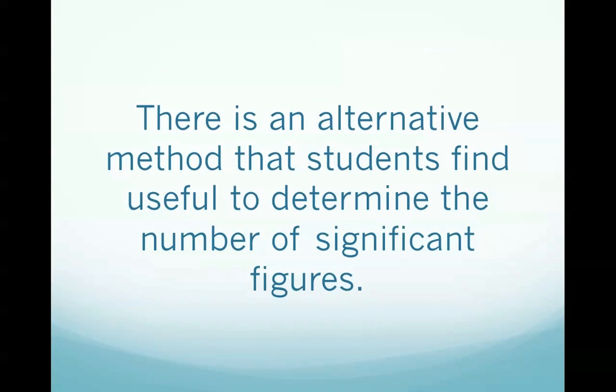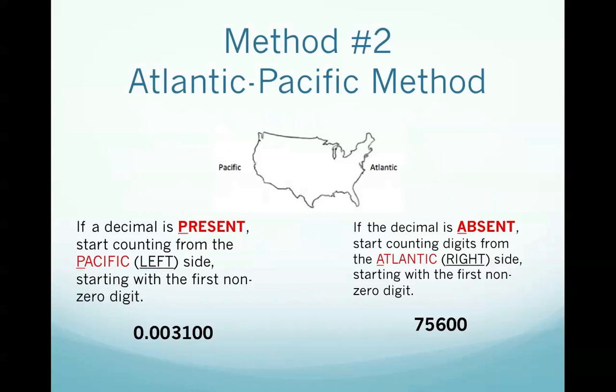All right, so let's move on to this alternative method, which sometimes is considered a shortcut because we're not following specific rules that explain sig figs. It's just a method. So the Atlantic-Pacific method. You need to know where the Pacific Ocean and the Atlantic Ocean are in terms of a map of the United States. If a decimal point is present, and when you think of present, you should be thinking the letter P, that means you start counting from the Pacific or the left-hand side of the number, starting with the first